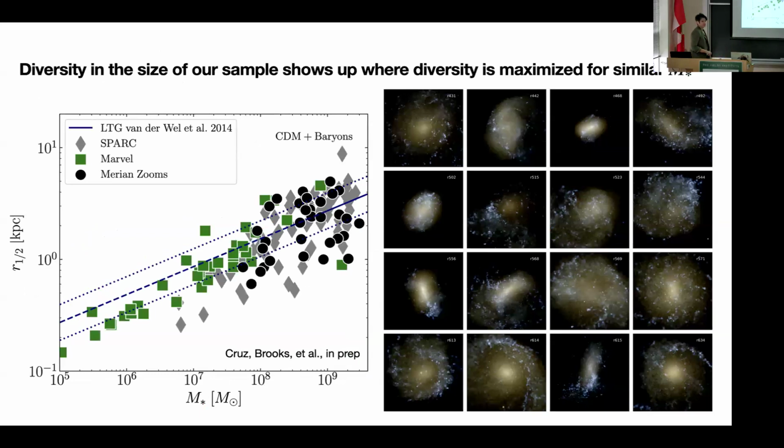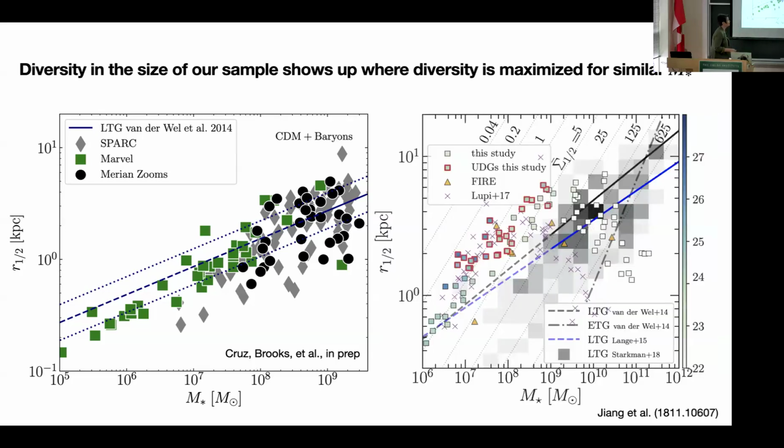And this also shows up in the sizes. Maybe not surprisingly, I just said there's a relationship with surface brightness. And so you can see we get things that are very compact, but we also get things that are extended and disky. And if you come over here, the green are the older Marvel simulations, and the black are all the new Magellanic mass things that I've run. And the gray are real data, SPARC, and you can see it does a nice job of matching the range of sizes. And so we think part of the reason we're getting this diversity result is that we're doing a decent job of matching the sizes of galaxies, which has not always been the case, right?